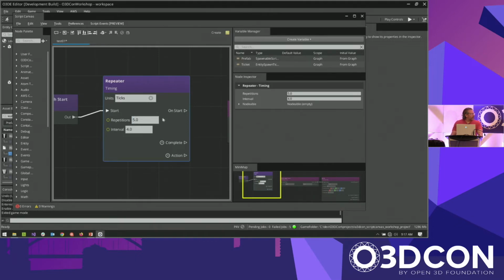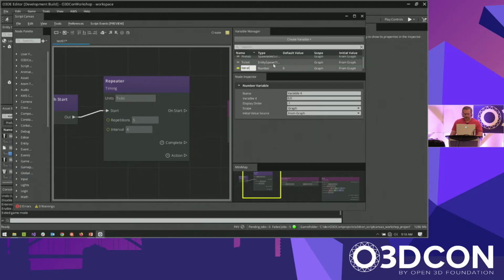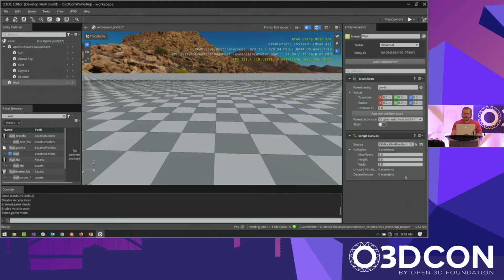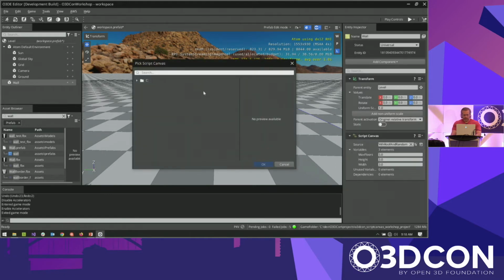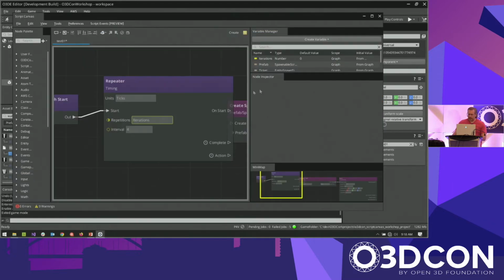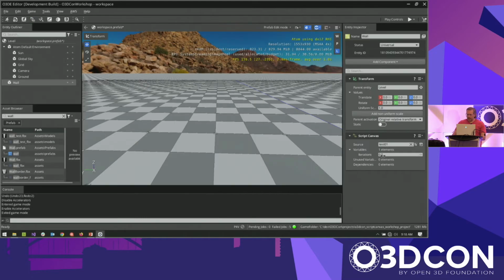And I'm hard-coding the values right now just for show, but we could actually use variables, for example, a number variable here, and we'll call this the iterations, and then we can use that instead of just hard-coding the value. And even more importantly, what we can do with that number variable is say that the initial value we want it to come from the component. This means that when you configure the component in the editor here in this view on the entity, we will see, let me bring this back to the other script that we're working on, we'll see that the variables will start showing up here. So we'll do that when I save. Now we have iterations here,